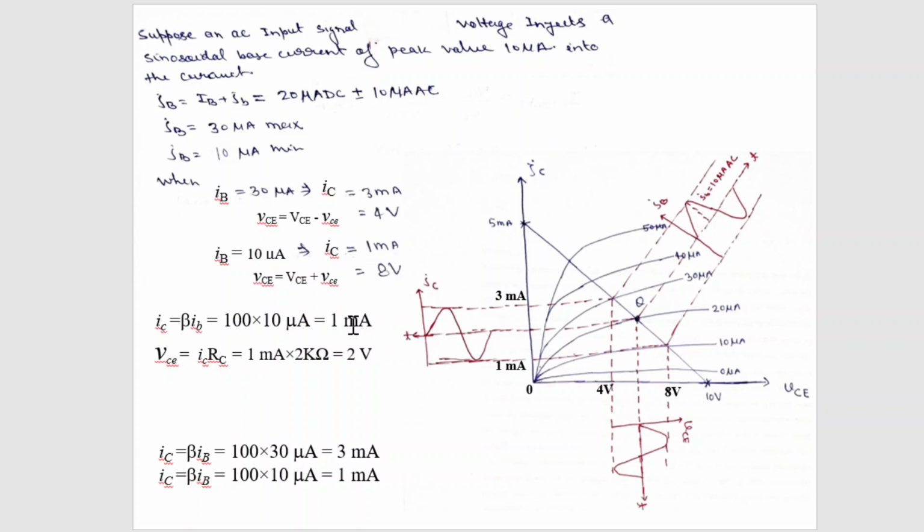This is the instantaneous signal. Similarly, we can find out small vce, and this voltage drop is purely because of the AC signal, that is small ic into capital RC, 1 milliampere multiplied by 2 kilo ohm, that is 2 volt. So this small ic is the collector current, the output current because of the purely AC signal. When the purely AC signal was applied, there was no DC signal and no biasing in the circuit. And this is the collector emitter voltage drop, which happened when no DC biasing was done. So that is 2 volt.